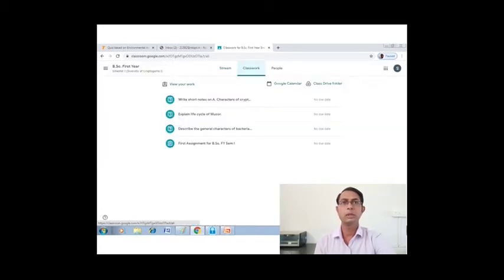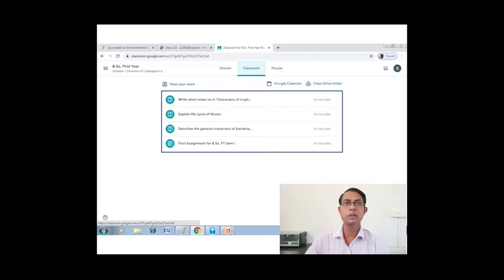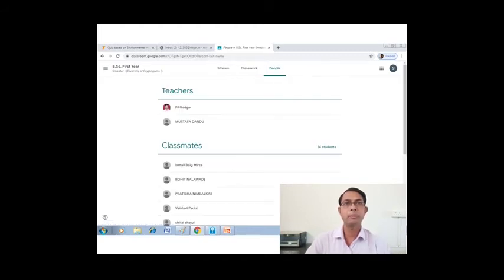Now moving to another tab, that is classwork. On the top side you can see another menu that we call classwork, and in classwork you can see the different types of work which is assigned to you, given as a list. So according to the appearance of that particular classwork or that particular material, you will get this particular parameter. Along with that you can also see another part that we call view your work. So whatever work you have done, whatever you have submitted, you can view in view your work. And the next tab is people.